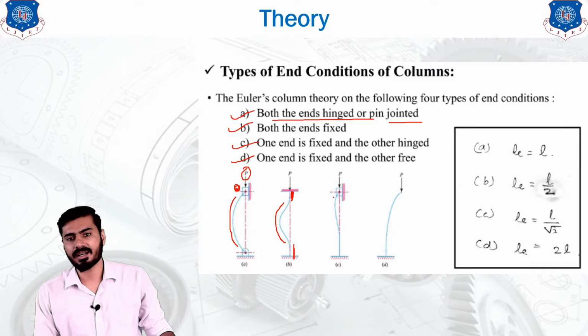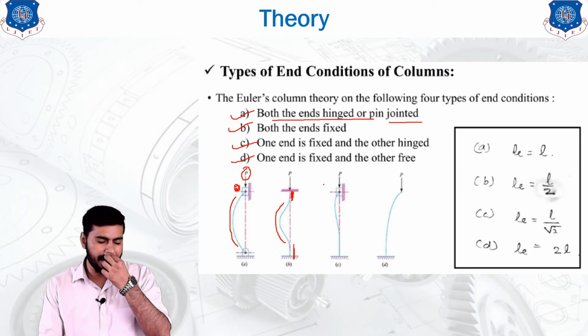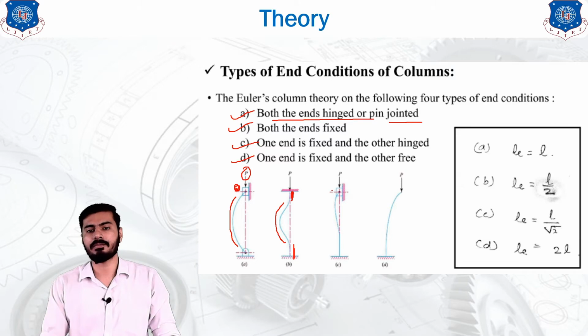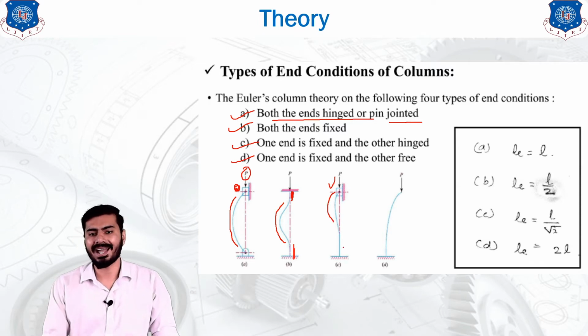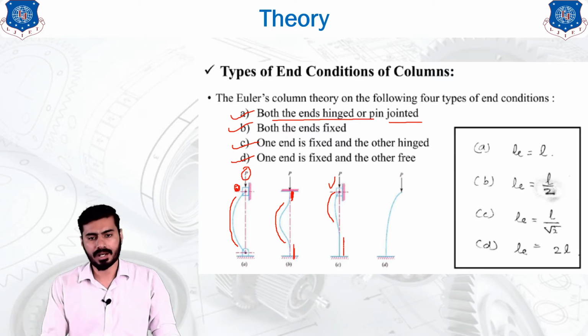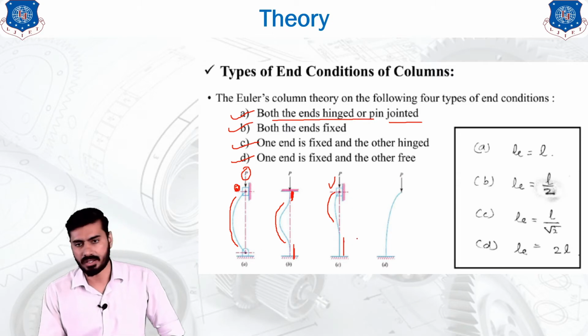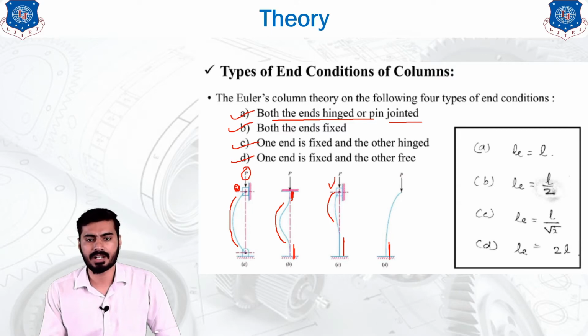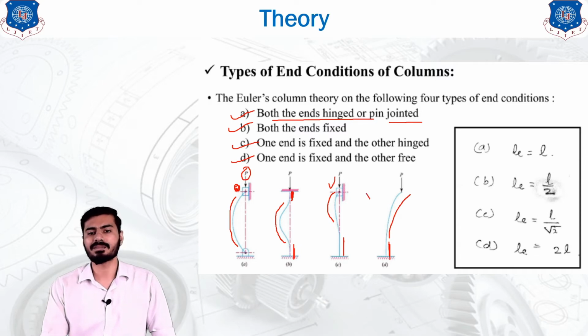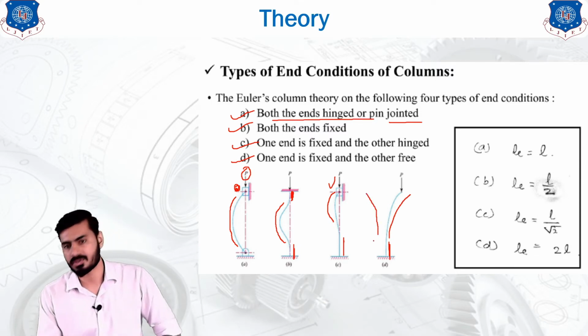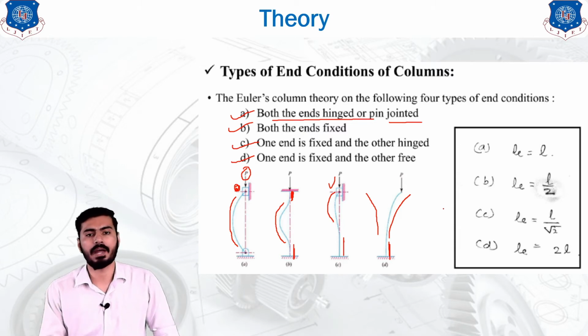Another condition is the hinge at one end and fixed at the other end. As you can see, the end which is hinged is able to rotate about its hinge connection due to the bending, and the end which is fixed is not able to rotate about its fixed end, and this is the basic difference between the hinge and the fixed connection. Now we will see another condition, where one end is fixed, which is not able to rotate, but the rest of the column will try to bend in this manner or in any direction based on the loading condition. You will have to identify this type of end condition.